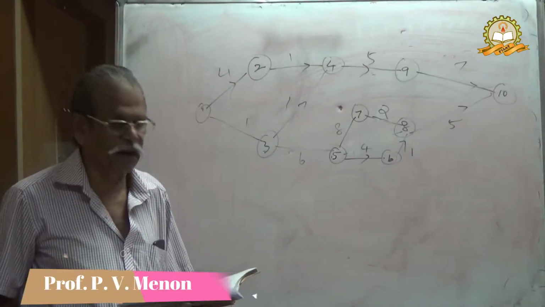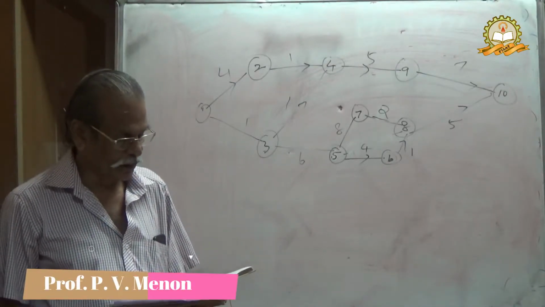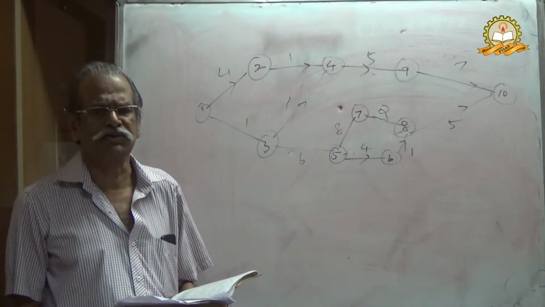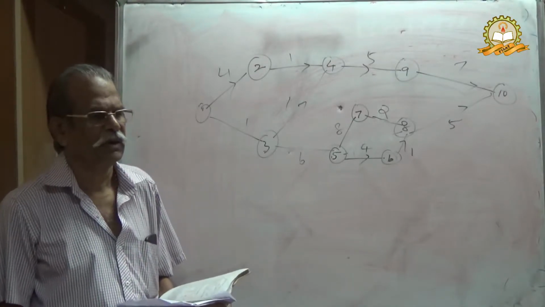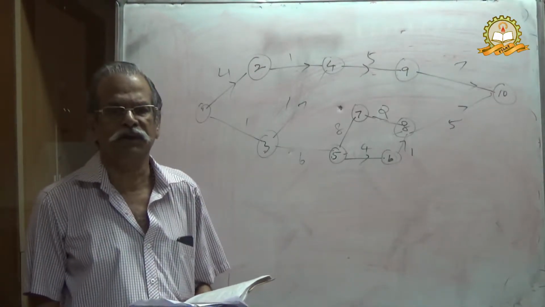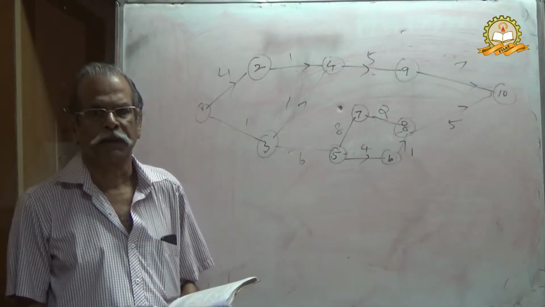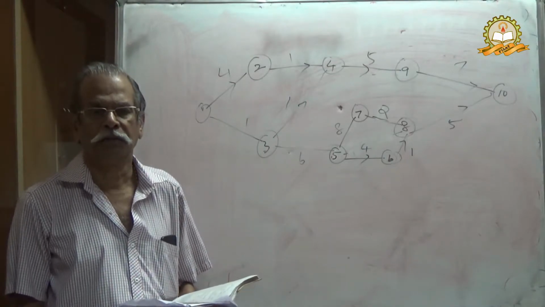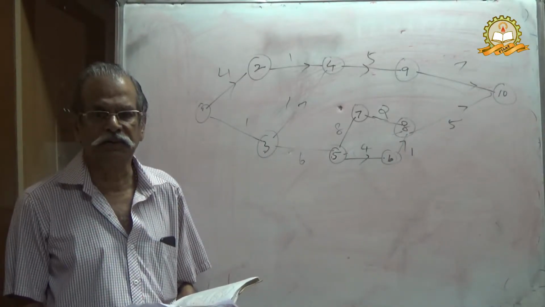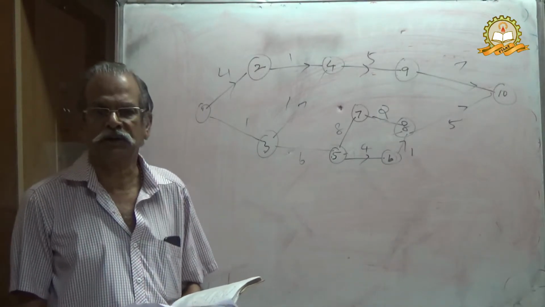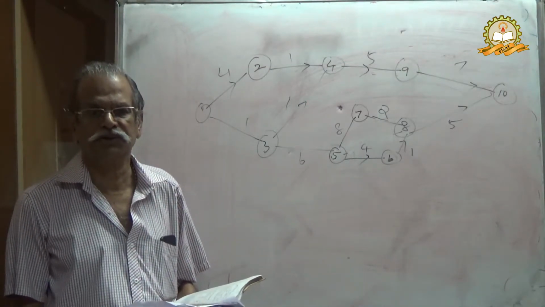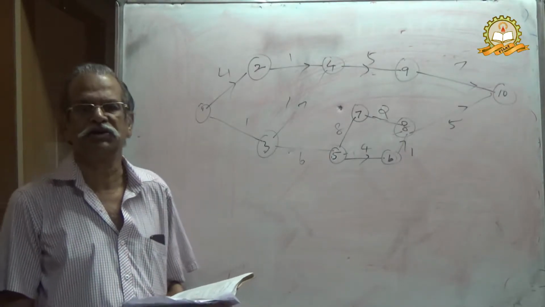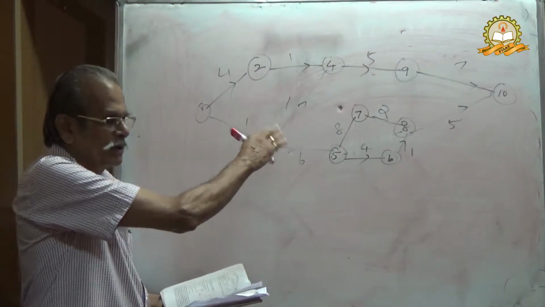Now we calculate the values of each event, and we proceed to calculate CPM, the critical path method, the critical activities or critical path duration. What are the important jobs to be done initially and how you can complete them, so that the project is completed. We continue from here.